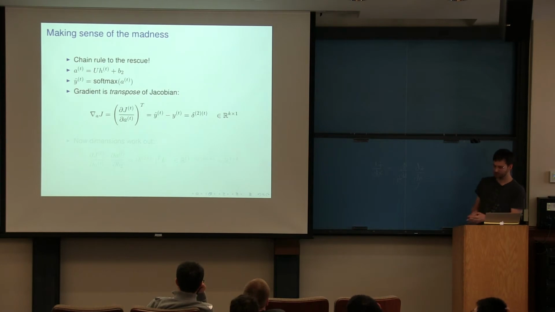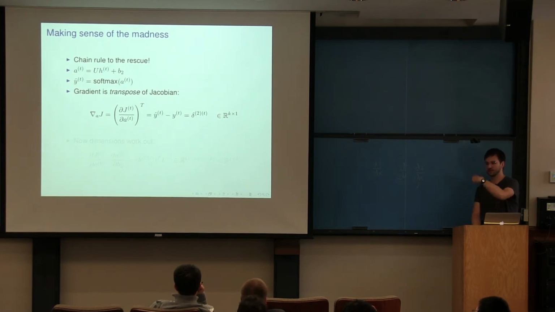If that's confusing at all, the way to think of it is that the order in which you apply these transformations as you're going backwards is the reverse of the order in which they appeared in the network. So if you do a matrix and then some nonlinearity, going backwards you do the nonlinearity and then the matrix. And when you're going backwards through a matrix, you take the transpose.